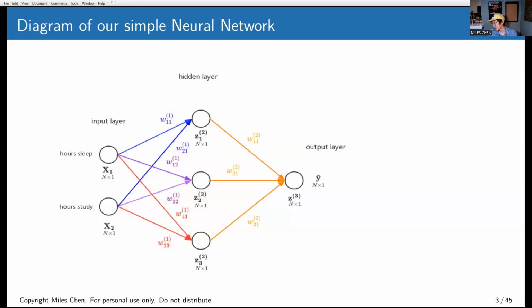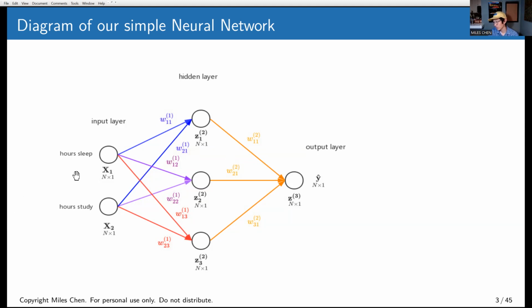Our variables are just labeled hours of sleep and hours of study. And then those two values come into our function, and then it outputs one value, which is our predicted test score. And right now, our neural network has one hidden layer, and the hidden layer has three